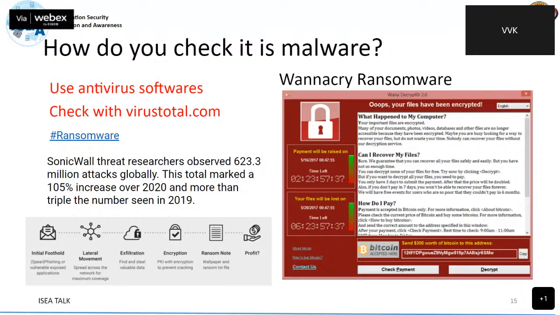How do you check whether it is malware? You may make use of antivirus software or check with a website called virustotal.com. Let me show you one example.